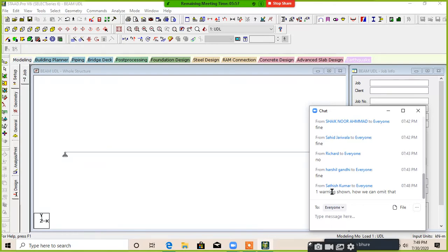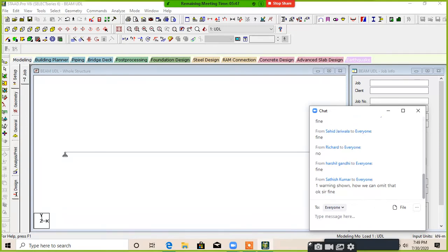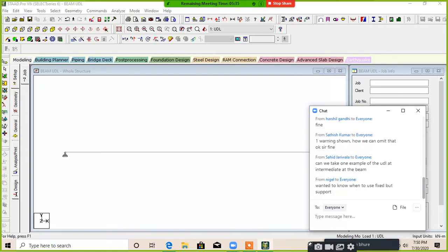That's why it shows a warning. Now clear, Satish? If we apply one support as fixed, it will be fine. We can take one example of the UDL at an intermediate part of the beam.